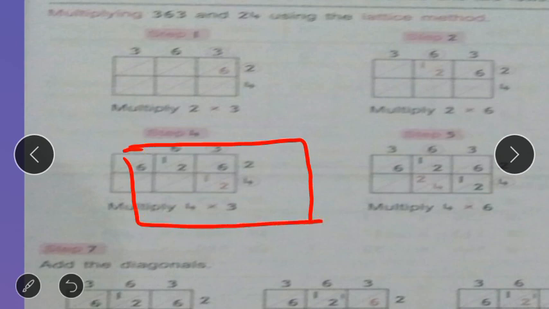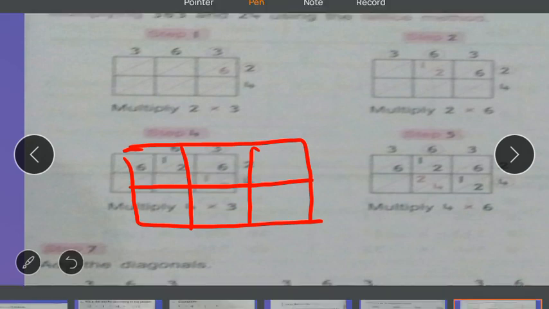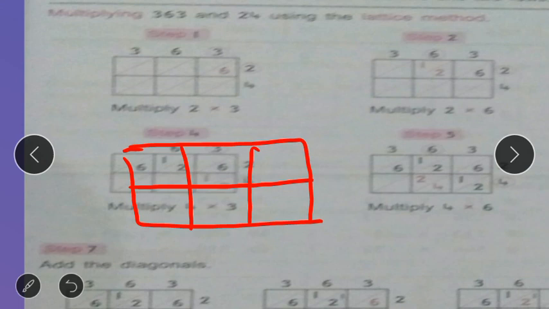So you have to make a rectangular box. Then divide the box into 3 equal parts. Then draw one horizontal line to divide that rectangular box into 2 equal parts. This is 1 part, this is 2 part. Vertically you have to divide it into 3 parts, 1, 2, 3. Clear? Now you have to draw the diagonals of that box. Join this, then join this, and join this.